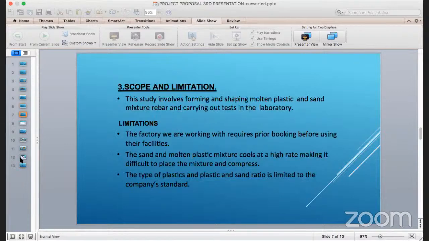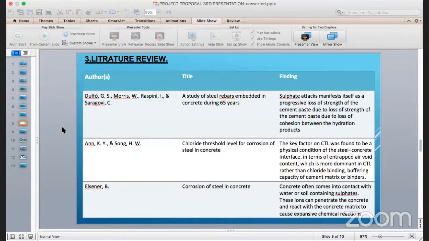Scope and limitation. The study involves forming and shaping molten plastic and sand mixture rebar and carrying out tests in the laboratory. The limitations we have experienced so far are that the factory we are working with requires prior booking before using the facilities. The sand and molten plastic mixture cools at a high rate, making it difficult to place and compress the mixture. Then the type of plastic and the plastic and sand ratio are limited to the company standard. So we have the literature review,